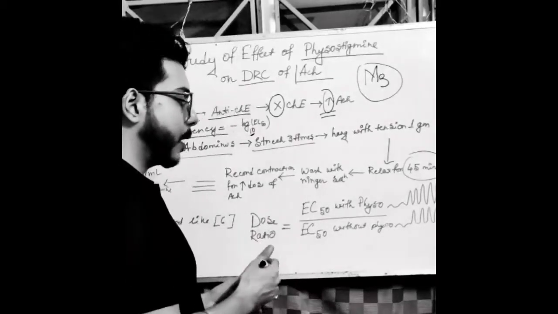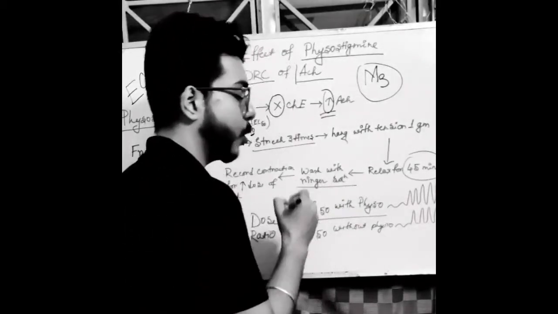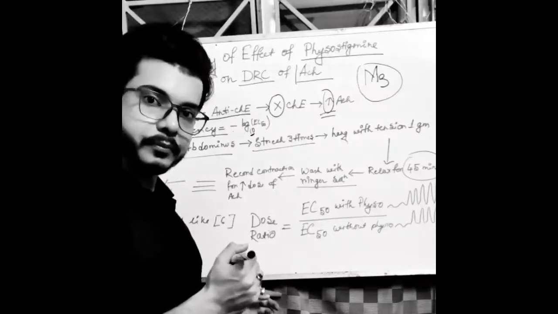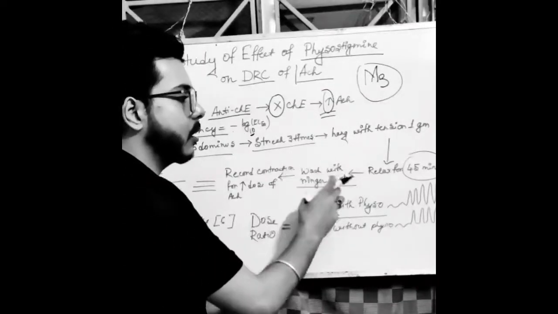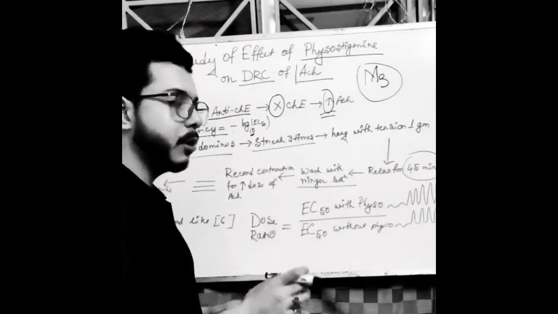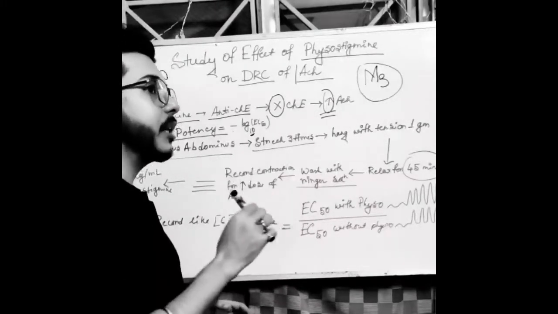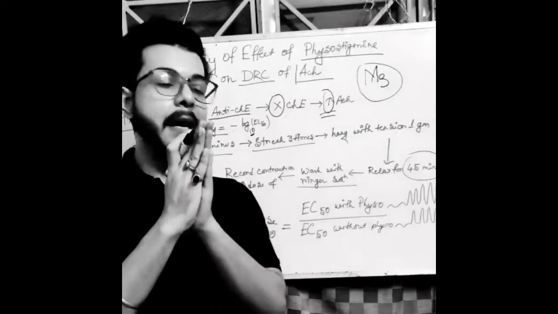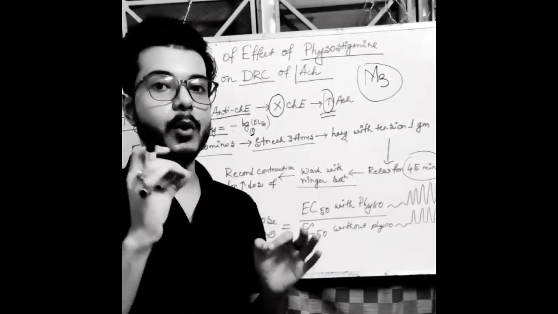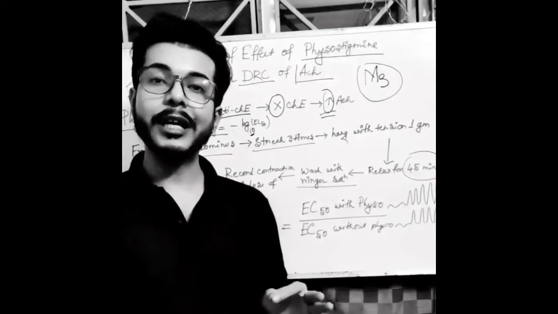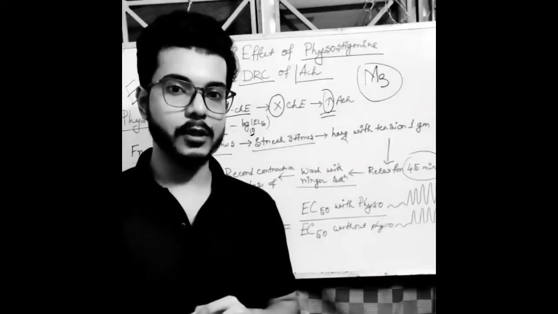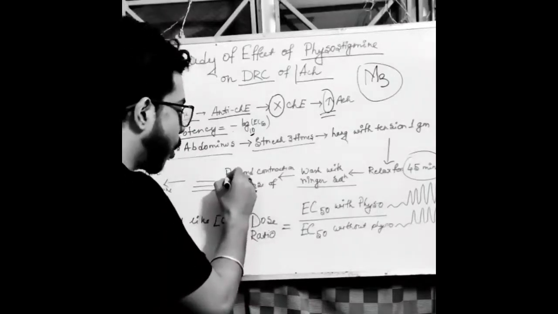So here the buffer solution will be Ringer solution or frog's Ringer solution, right? We have to wash this tissue 4 to 5 times, and after washing, we have to select 4-5 doses of acetylcholine to incorporate and to see the response. So now we'll be recording